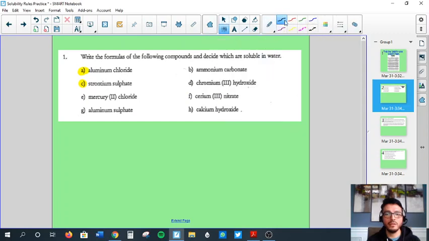Okay. So it says write the formulas of the following compounds and decide which are soluble in water. So we're just getting started off here. In aluminum chloride, aluminum has a +3 charge. And we're going to combine that with chlorine, chloride as an ion, which has a -1 charge. You can crisscross these charges like you did in grade 9 and 10, and you'll get the formula for aluminum chloride. So now we're figuring out if this is soluble, and if it is, you would write aq